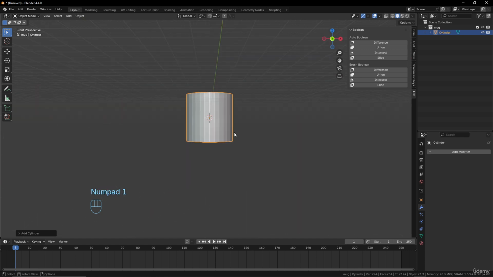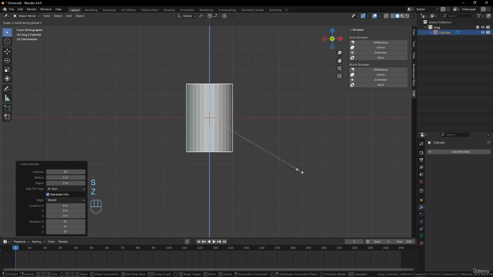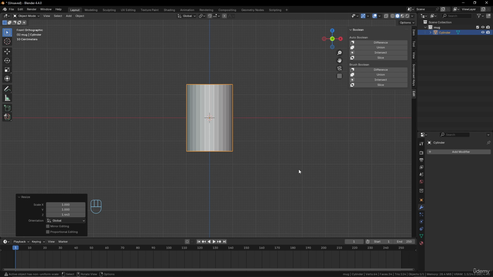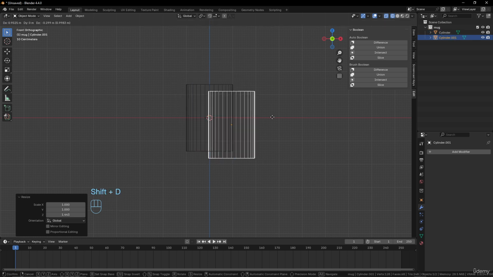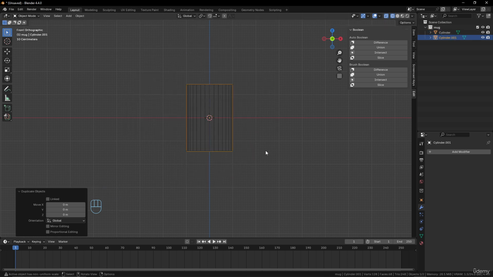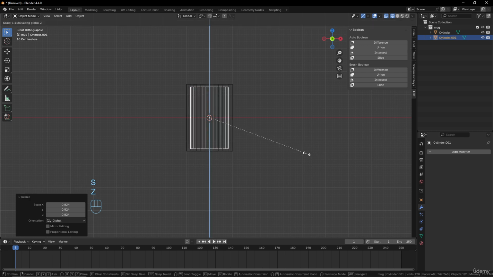We will go into the front view here, and maybe with S Z, we will make our cup a little bigger because we love coffee a lot. And into wireframe mode, I will duplicate my object, keep it there with the right click, and I will scale it down and scale it up with S Z, okay, like that,